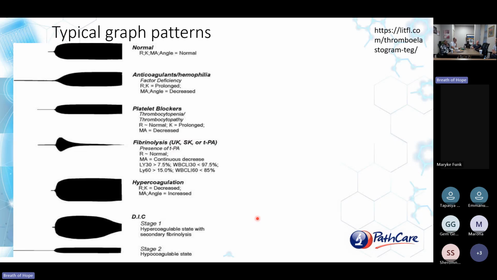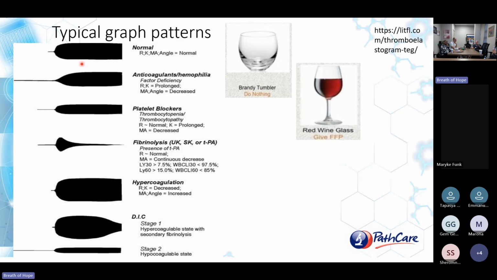But for the sake of completeness, here are some typical graphs that you get with your normal TEG pattern, and then hyperfibrinolysis will have the increased fibrinolysis. Poor coagulation will give you this sort of picture. If there's a little brandy tubular shape, that's a normal TEG tracing. If you have a very long stem, the red wine glass image, then that means you need to